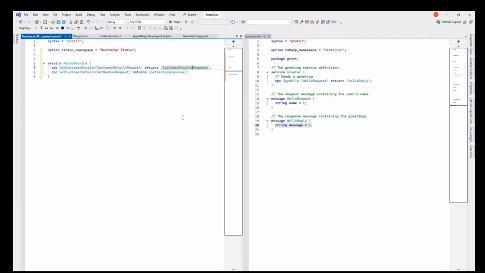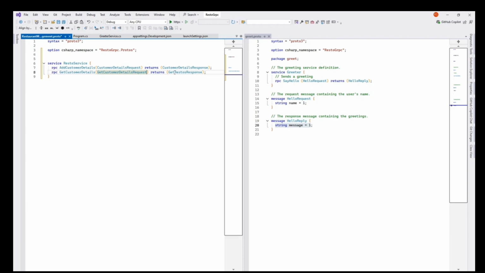And in a similar way we'll have get customer details, a customer details request, and customer detail response. Customer details has been saved. So let's have something get customer details. This will have the ID of the customer or the table number, and we'll keep it as a request body to know that it's a request body. To get a response, it will be get customer details. It will return the customer details